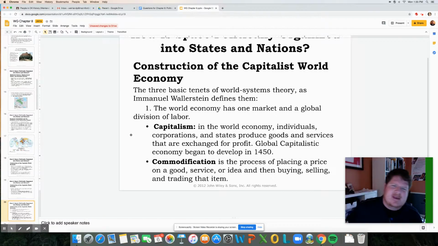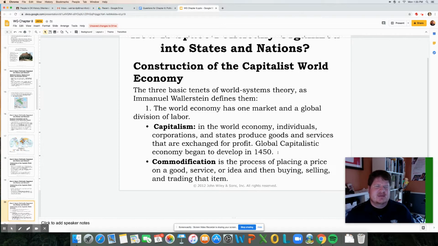So here are three basic tenets of the world systems theory as Immanuel Wallerstein defines them. Number one, the world economy has one world market, a global division of labor. Capitalism is in the world economy of individual corporations. States produce goods, and services are exchanged for profit. The idea of making a good and selling it for profit is the way to go. This is what developed back in